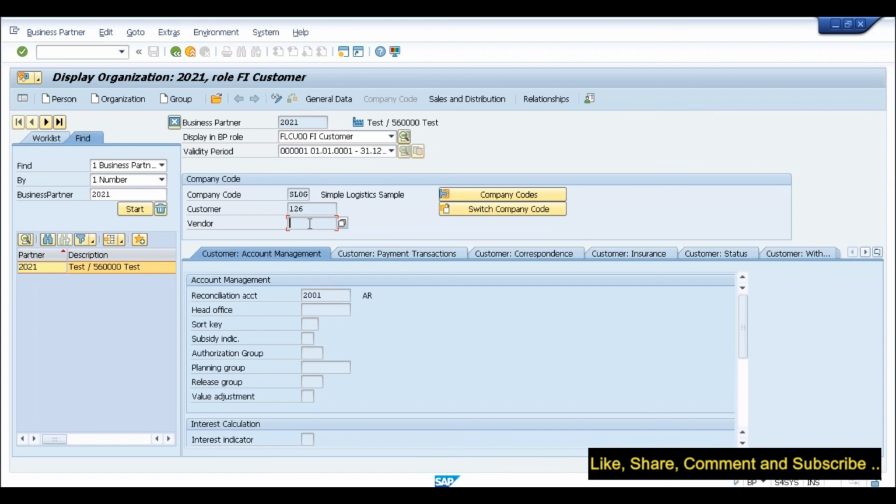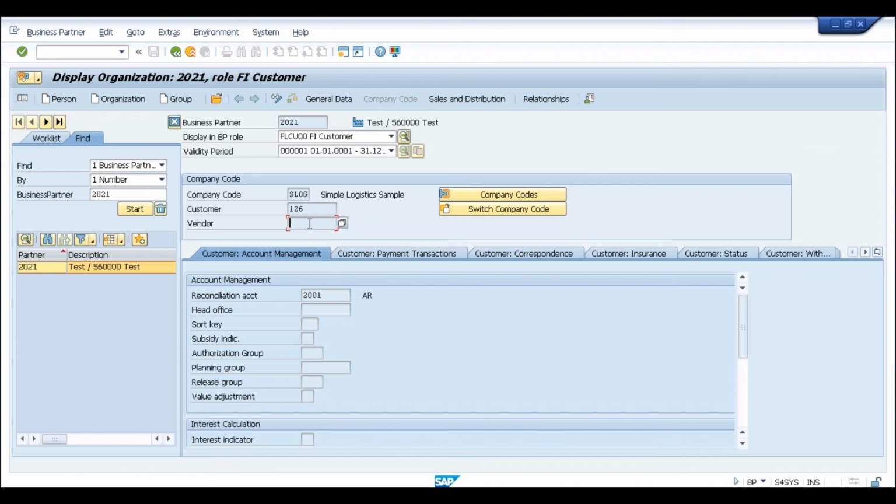No, but let me tell you one thing. Although we are creating the business partners, we are not going to use this business partner anywhere in our transactions. Only in credit management reporting, we will need the business partner number. Otherwise, whenever you are doing the sales order, whenever you are doing the purchasing, whatever transactions you do in sales and purchase, you are not bothered about the business partner at all. You are only worried about the customer number.